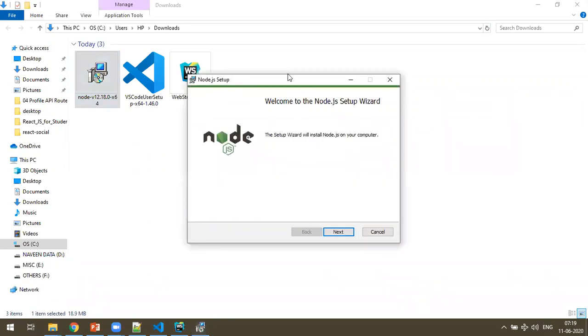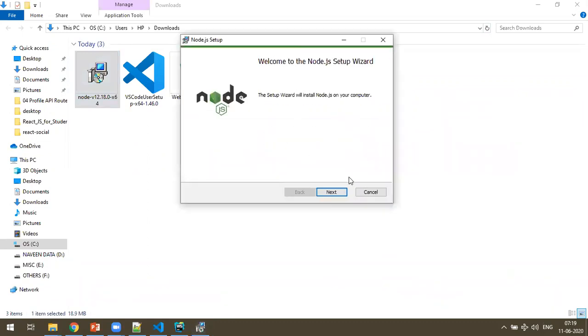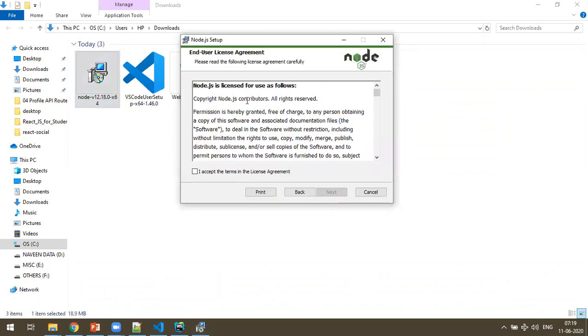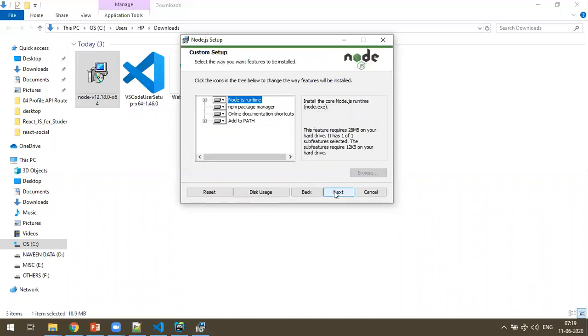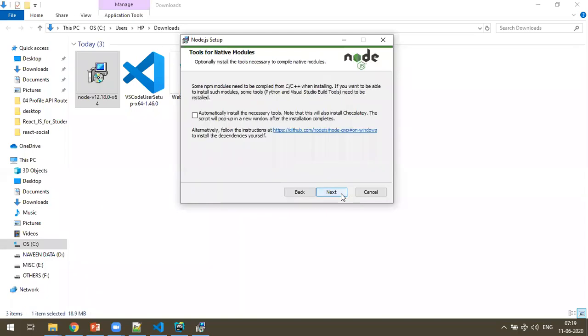You get this installation wizard. Click on next, and here you have to accept the license, yes, and click on next. It's going to install in your C program files location. That's okay. Click on next, and then click on next. Nothing else to change here. Click on next.